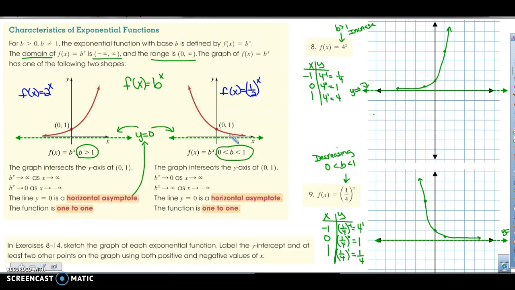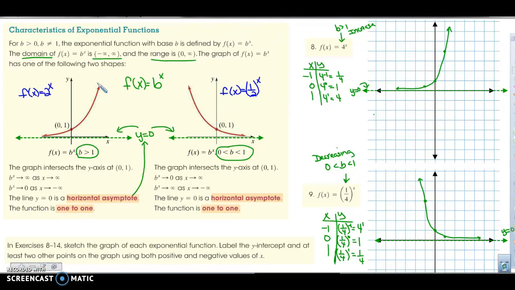Now there are some characteristics of the exponential function that I want you to be aware of. We're going to take a look at the basic graph. What we have here on the left-hand side will be our exponential function whenever the base is a number greater than 1. It'll be an